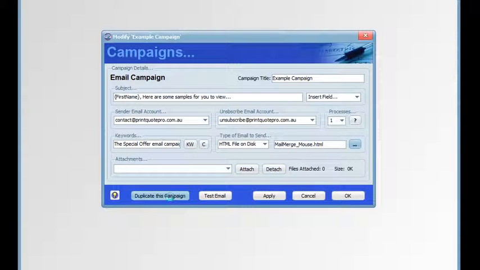We can duplicate a campaign if we have a number of campaigns that are the same or very similar. We can duplicate it and just make the changes that we require between the two campaigns. And we can test an email campaign